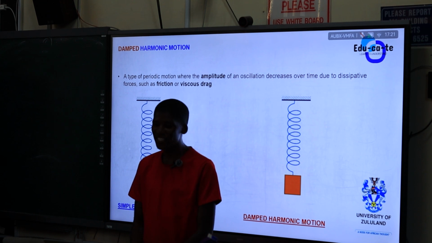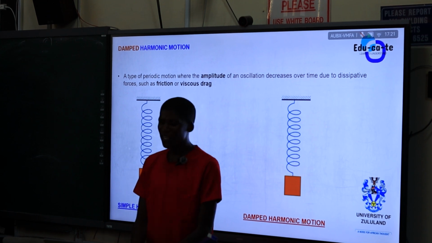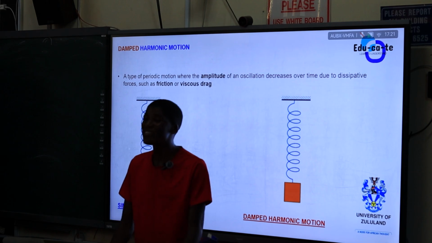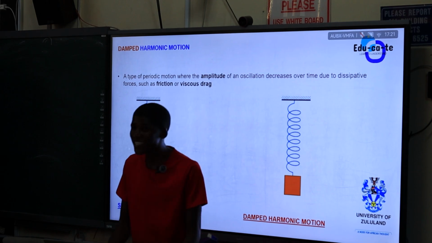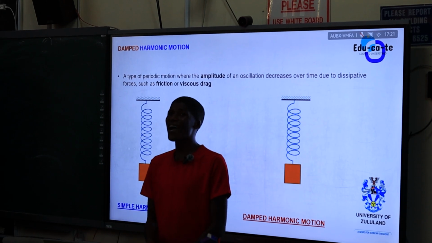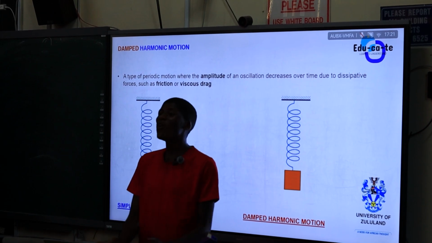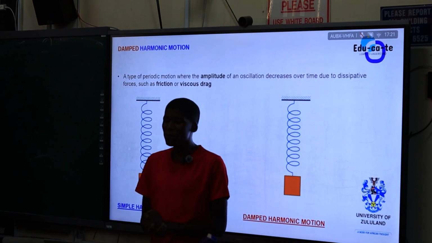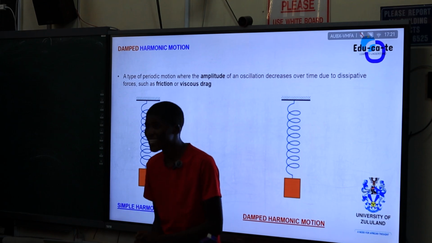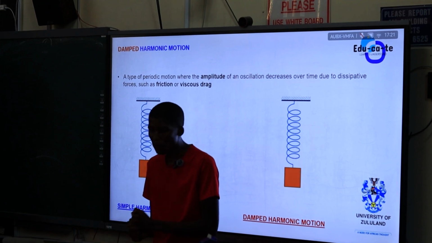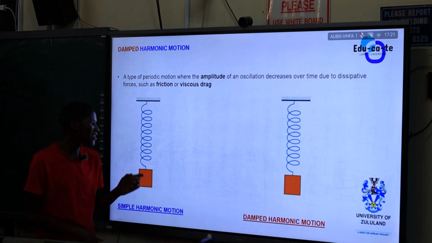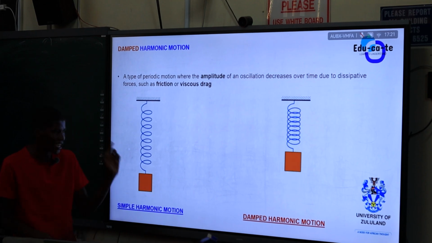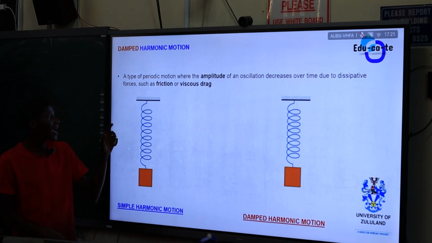Harmonic motion. Let's do damped harmonic motion. We have already done simple harmonic motion, where we say there is no friction. So actually the energy is what? Is conserved. And also the block that is connected to the spring oscillates forever, non-stop. So here's an illustration of simple harmonic motion. Up, down, up, down, up, down.